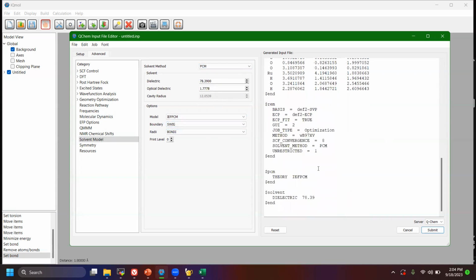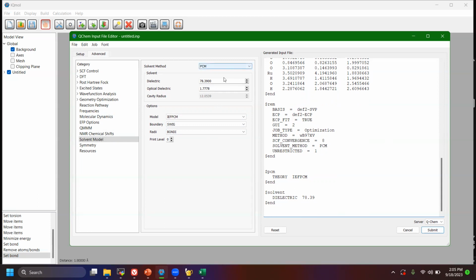So here our solvent method is now changed to PCM. The type of PCM method is specified in this PCM section. So here it's IEF PCM. And then the solvent section, instead of a specific solvent, will use a dielectric. So 78.39 is the